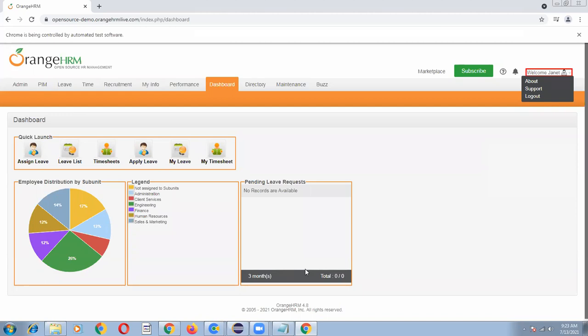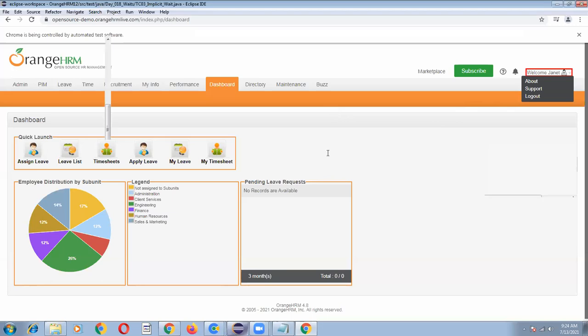But before that it is executing every line of code within fractions of milliseconds. Even if the menu is not loaded completely, it looks for logout and is not able to locate that web element. Understood? So now I am going to write implicit wait.